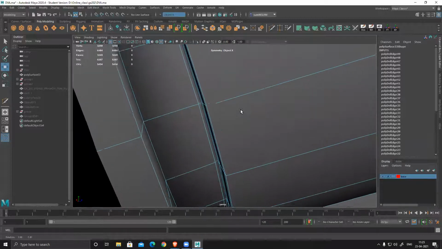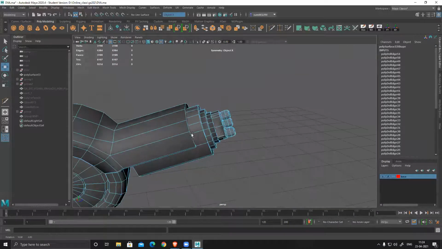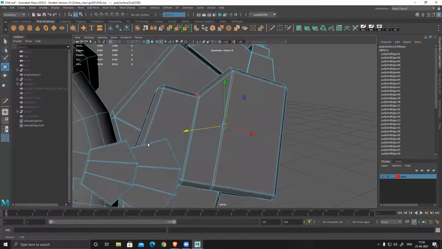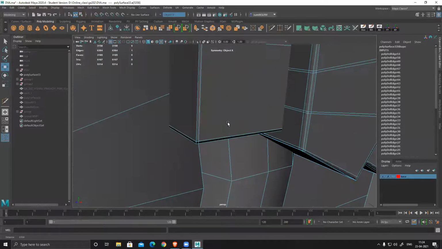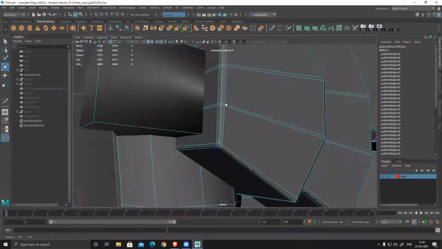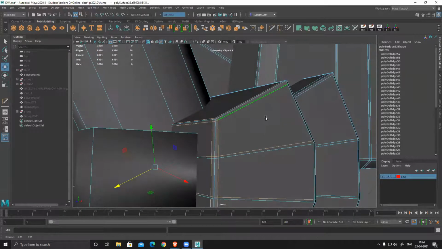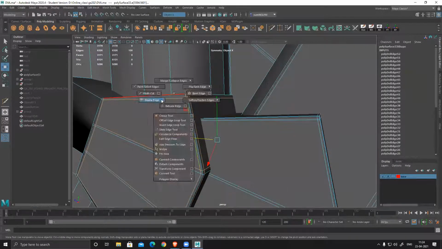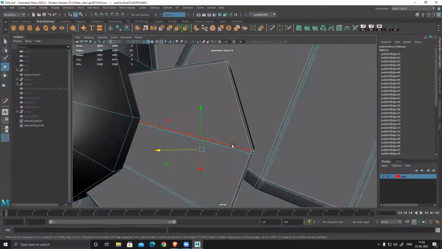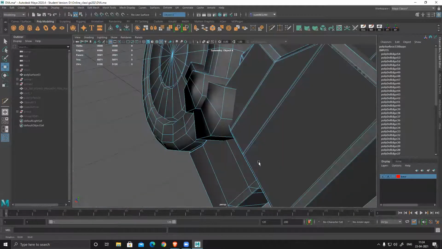So now we're cleaning up the geometry. Make sure that you can see we have added these supporting loops everywhere. So I now want to remove this thing.